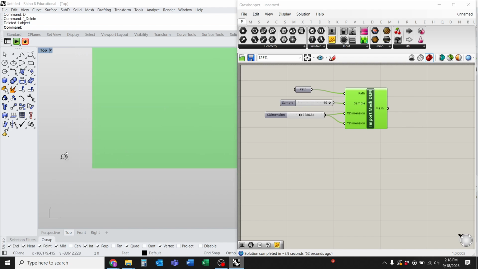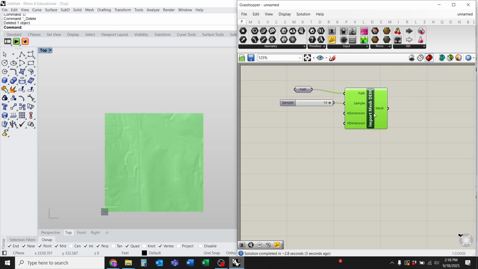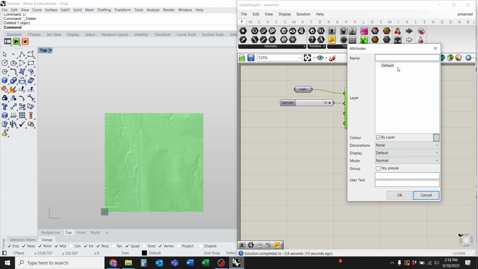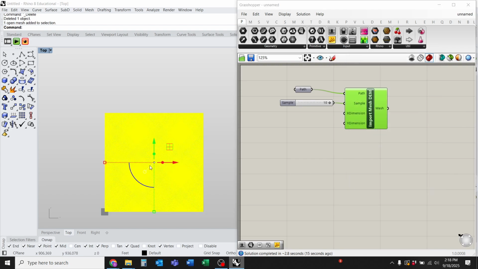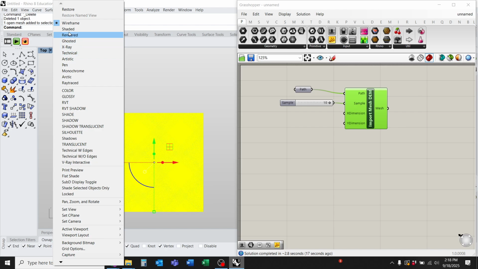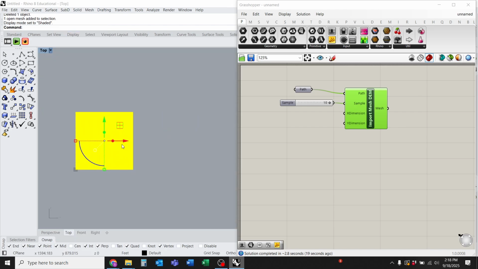So let's just quickly go back. I'm going to go ahead and delete this X and Y. I'm not sure why that would have happened, maybe because it doesn't scale to Z. Anyway, just go ahead and bake it like that, and then scale it in Rhino. I can also right click here and hit bake and put that on whatever layer I want to bake it to. And then if I change my viewport into shaded,